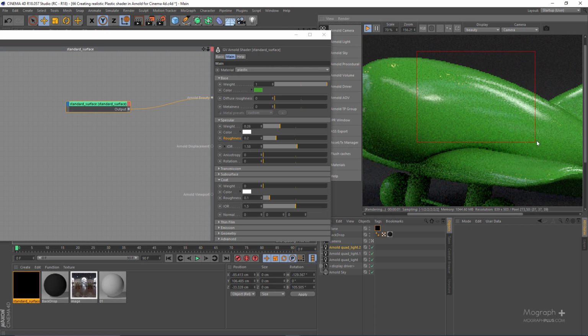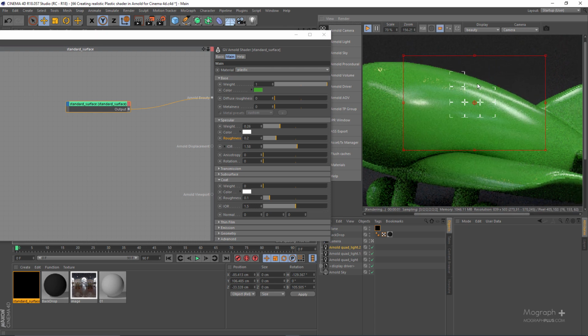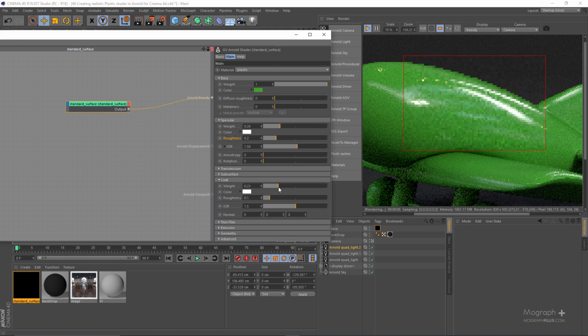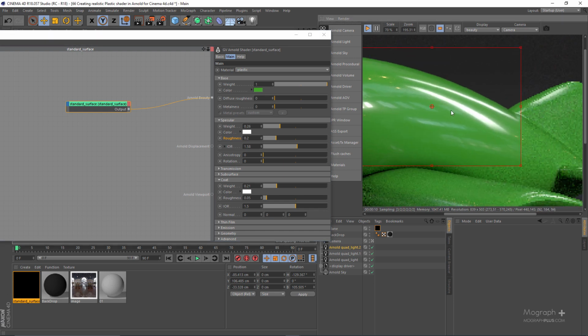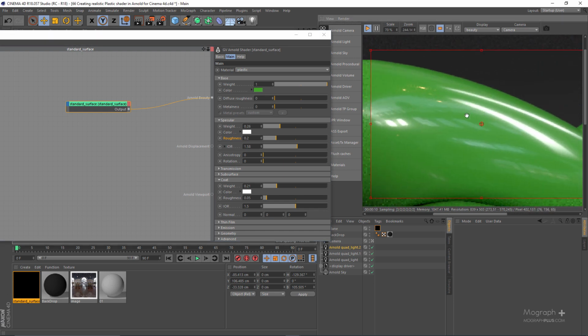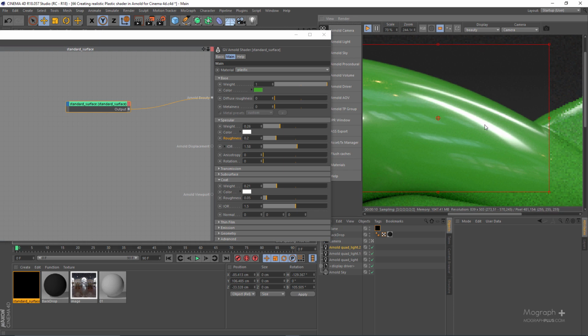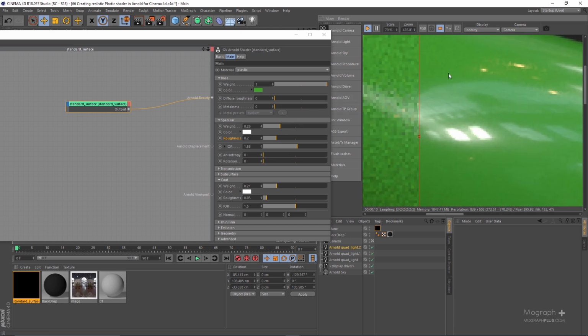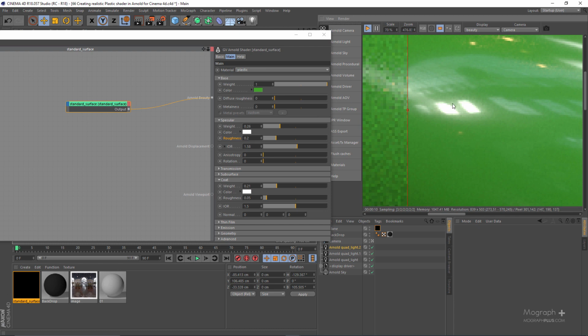So let me just hold down Shift and render only this region here. If I increase the coat value, let's say to something like 0.23, and decrease the roughness to something like 0.05, now we are gonna get that beautiful multi-lobe reflections that I talked about. You can see we have this underlying layer which is rougher and more spread, and we have these sharp specular reflections. You can see here it's quite obvious,